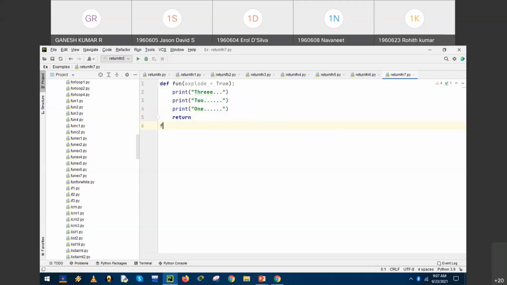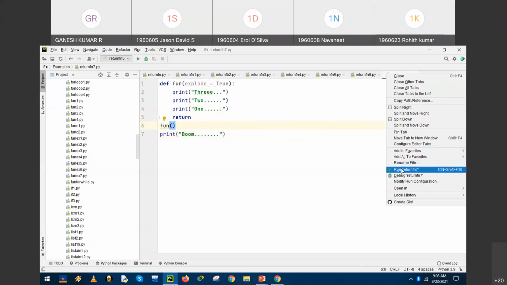So we invoke the function, then print boom. We have introduced the return instruction inside the function definition without anything following it, a simple instruction. So, run the program.